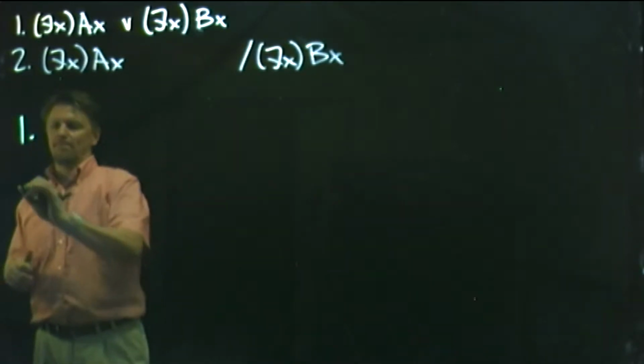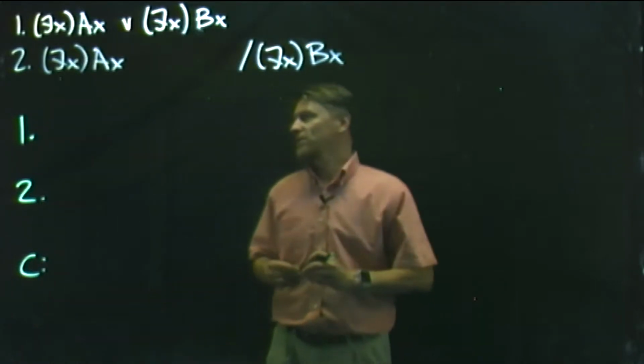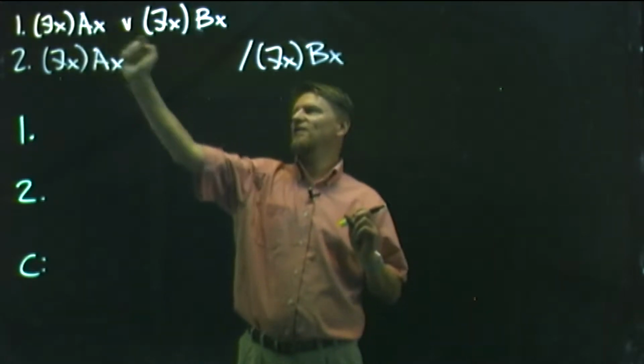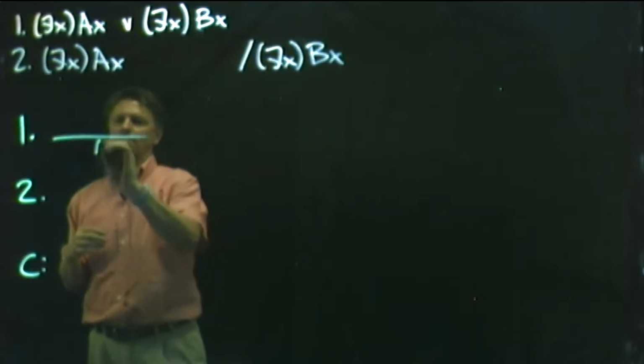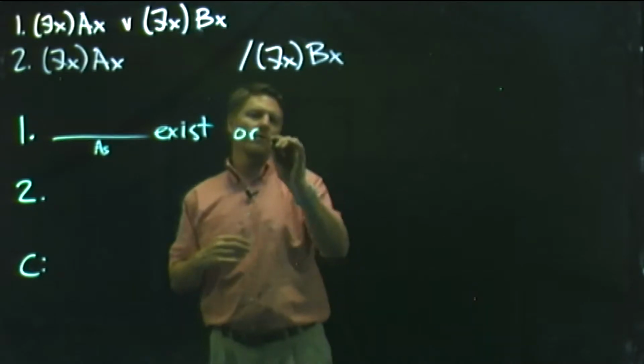So, we have two premises and our conclusion. And we are going to look at these premises and ask what they mean. So we have there exists an x Ax or there exists an x Bx. So in other words, A's exist or